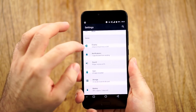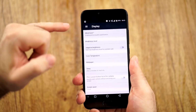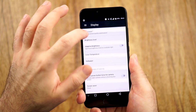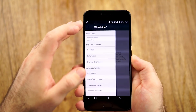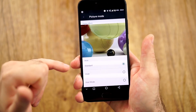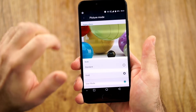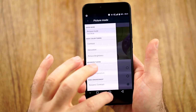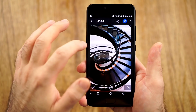Now what's not that great? The display, not really yet the issue, because as you can see it's an AMOLED display and therefore we have the flickering, so I don't really mind that so much. But what I was a little bit weirded out about was the out of the box calibration, because standard looks wrong to me, vivid looked wrong to me, and I had to use user mode and actually tweak a lot of things like contrast, saturation, picture brightness and all that to get it look, I would say, more right,